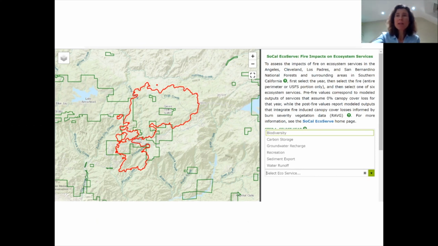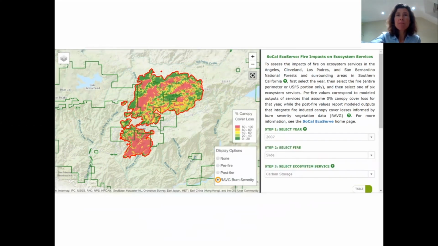So for this example, we're looking at the Slide Fire, which occurred in 2007, and we've selected carbon storage. What you can see in the map component on the left is we can view the spatial data by looking at pre-fire or post-fire carbon storage, or also in this case, as we're doing, looking at the RAVG burn severity data.